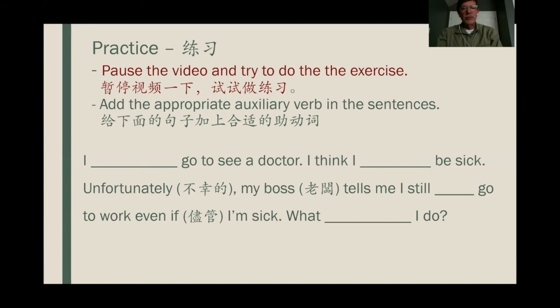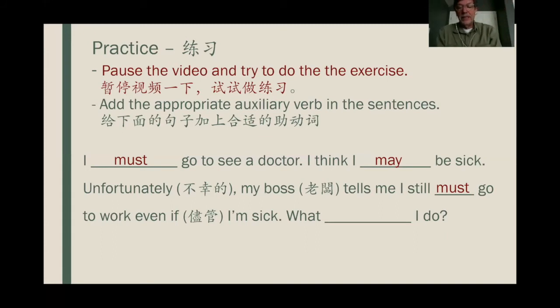I blank go to see a doctor. So I must go to see a doctor. I think I blank be sick. Well, that's pretty obvious. That would be must, may be sick, or must be sick. Another helping verb. Unfortunately, my boss tells me I still blank go to work even if I'm sick. I must go to work even if I'm sick. Now, in today's environment, COVID-19, your boss could get fired for that. So anyway,